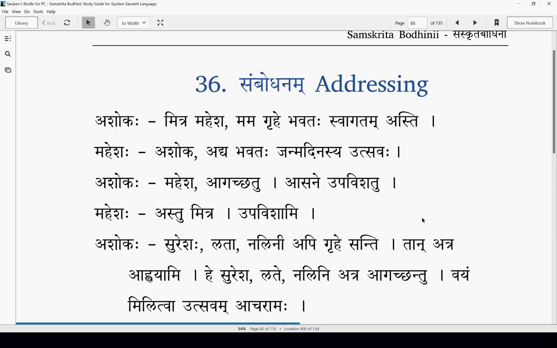So here in these sentences, Mitra, Mahesha, both are sambodhanam, or addressing somebody, calling somebody to get their attention is sambodhanam. Mitra, Mahesha. Here you see, Mahesha is like the Rama word, and it has no visarga, it is not Maheshaha, just Mahesha. Similarly, Mitra is a napunsakalinga word, but we are not using Mitram in the Prathama Vibhakti here, just Mitra, because this is a Sambodhana Rupam.